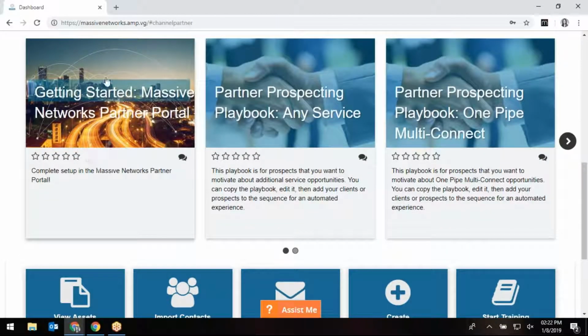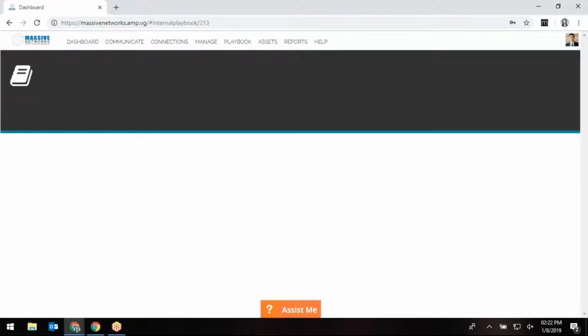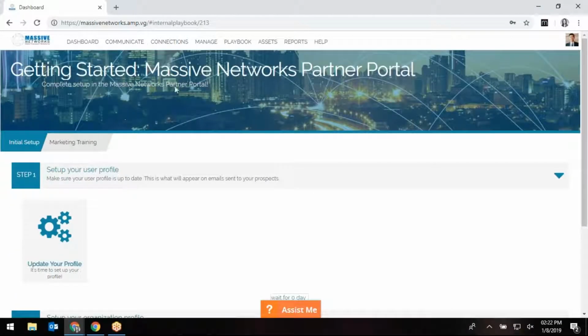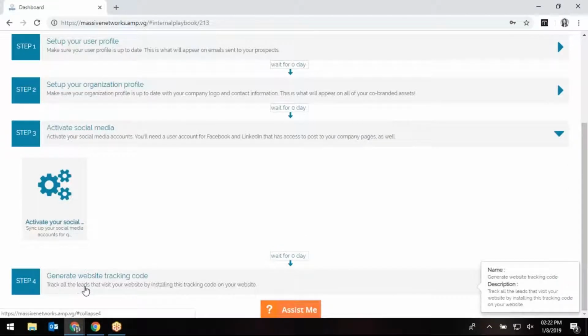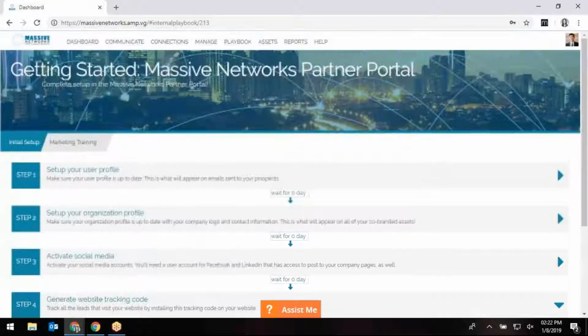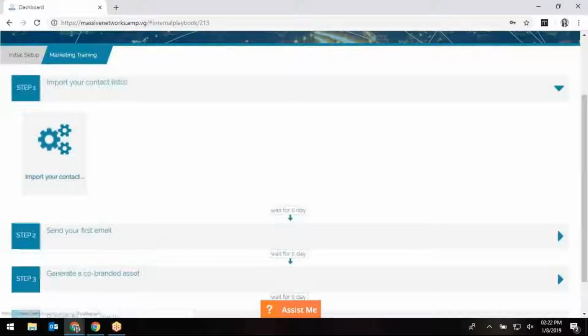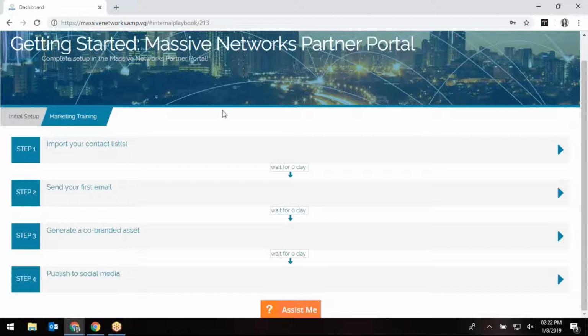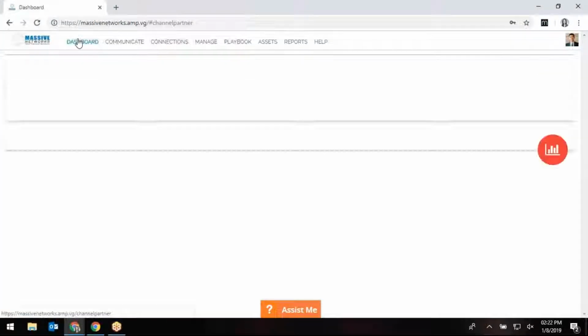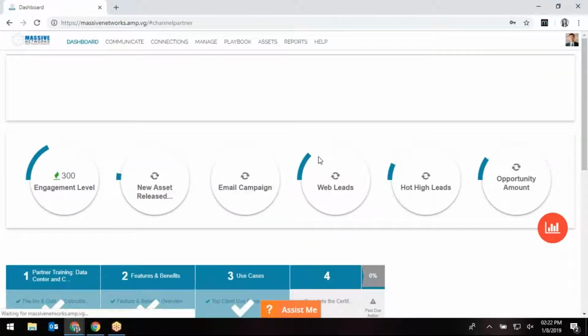We do also have a getting started with the partner portal guide here. If I click on this, this will help you get more familiar with what to do when you first get set up. We'll go through some of the things we just looked at, setting up your profile, activating your social media, generating your tracking code. And then you can try out some of the initial marketing features like importing your list and sending your first campaigns. So that's a good guide for you to get started with,